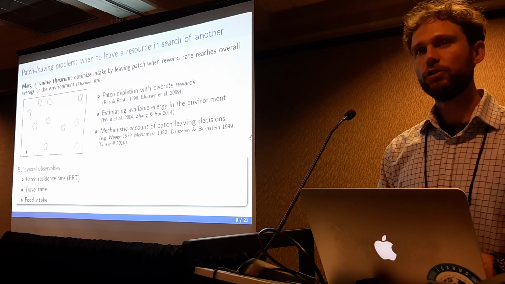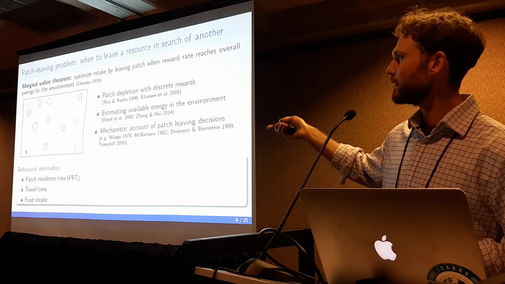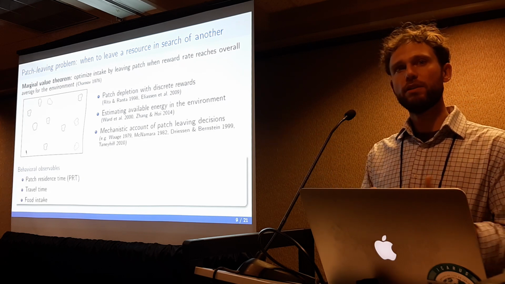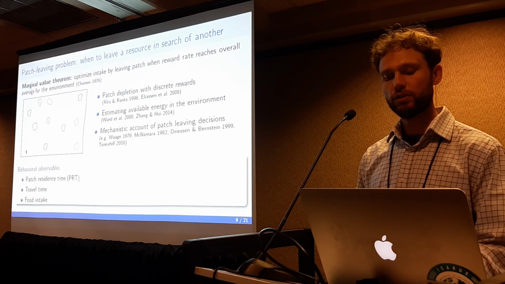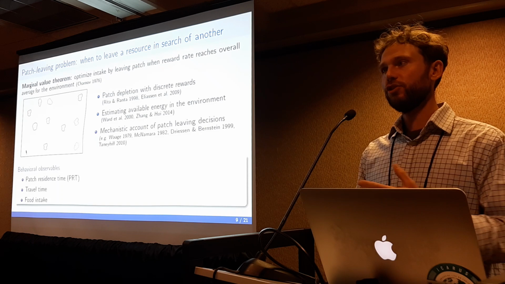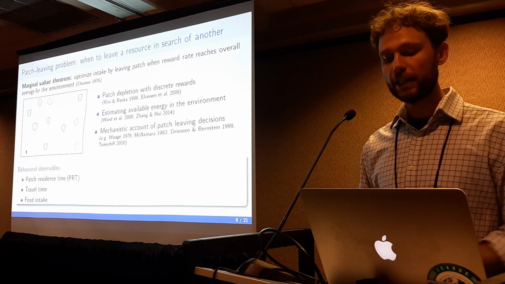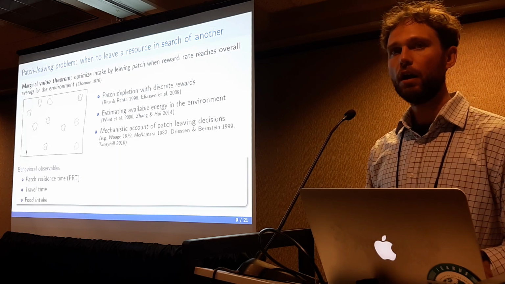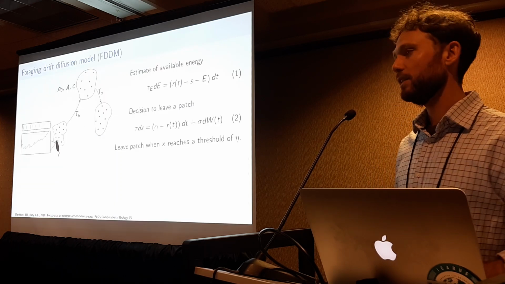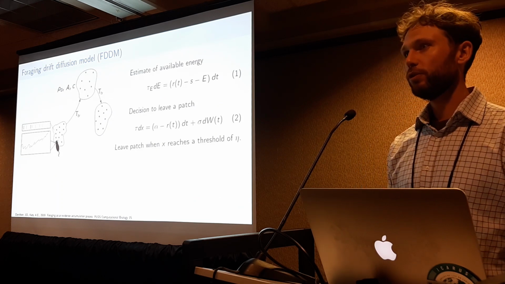So the model I'm going to show and our approach is to combine aspects from these different theoretical frameworks into a single model where we can start to ask questions about how the strategies change with the environments, or how different animals may implement different strategies, and what may be some of the neural substrates or neural computing mechanisms in different areas of the brain implementing these decisions. So we call this model the foraging drift diffusion model,